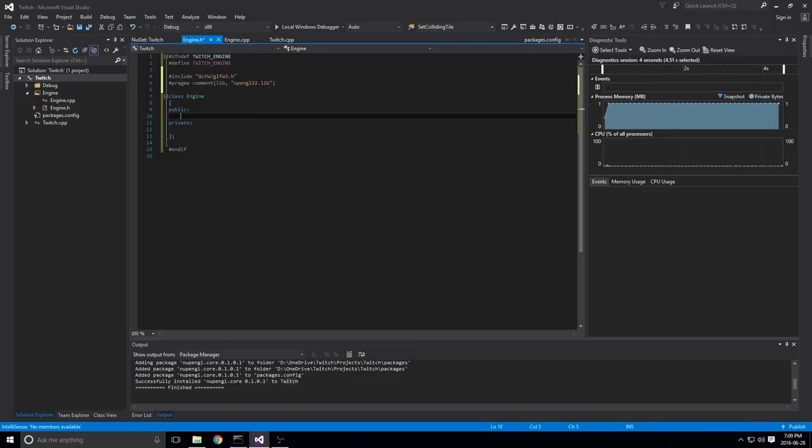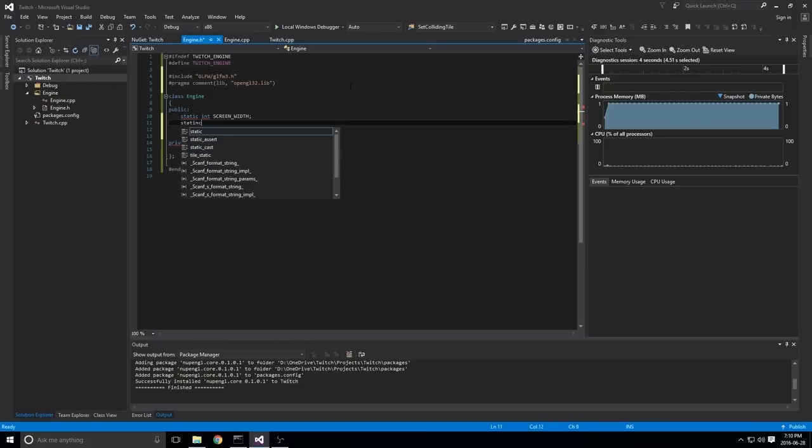So what I'm going to do here is add a couple of things that I want to keep track of that pertain to the engine itself, and by way of providing this data to the engine, we'll be able to provide it to GLFW, because our engine is what's going to deal with GLFW directly. So I'll create a static int here, and it will be public. We'll call it screen width, and this will just hold obviously your screen width, and then a static int screen height.